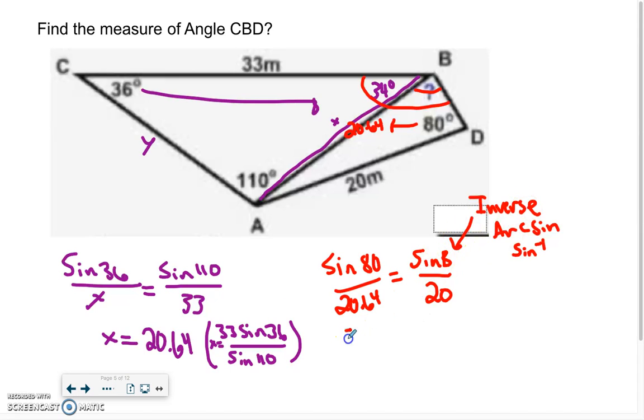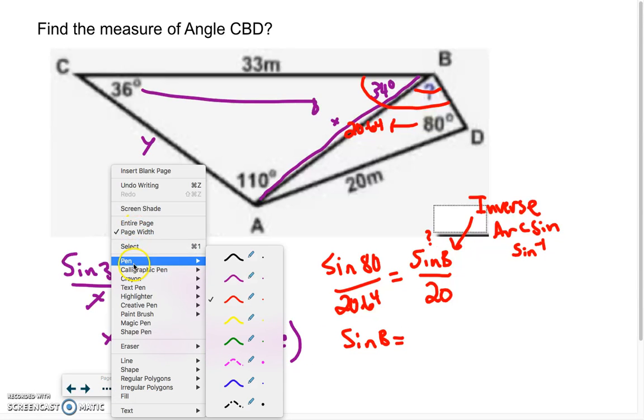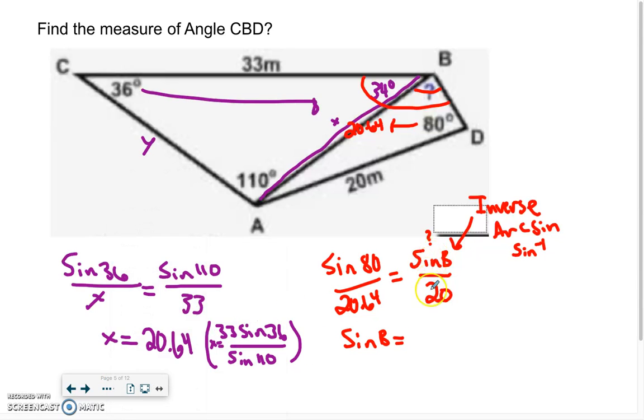So when we cross multiply, we're going to solve for sine of B. We're going to say that this is our unknown, this is our question mark. So that is what we're going to end up trying to find first. So when we do that, we get 20 sine 80, and we divide that by 20.64, and that's where we get the sine of B is going to equal the decimal of